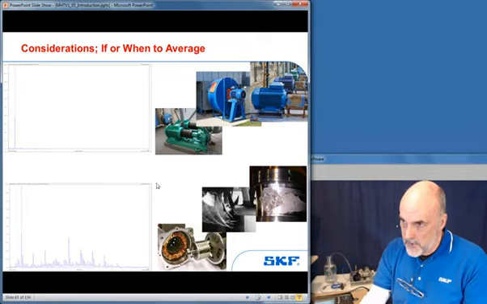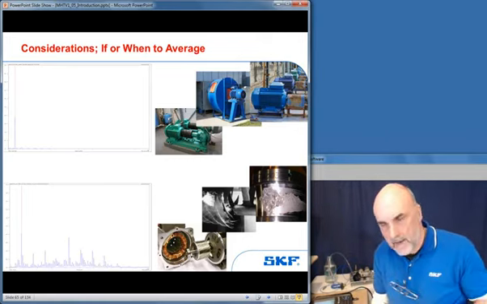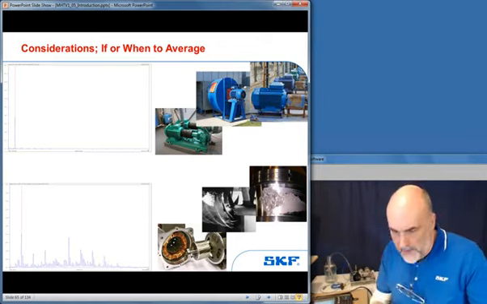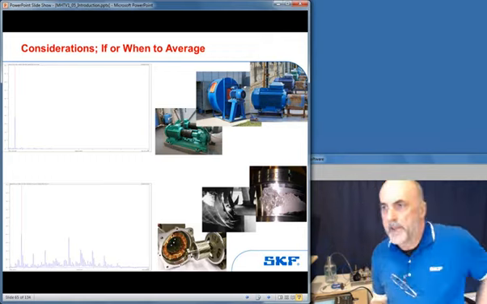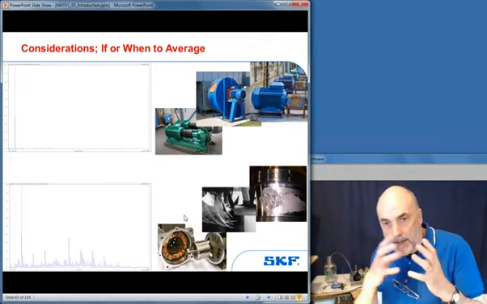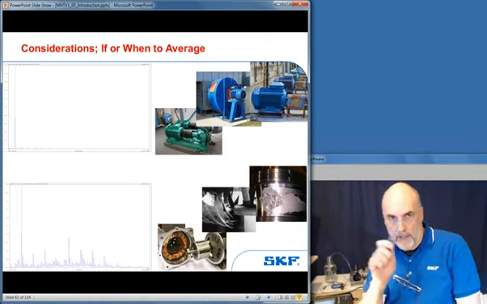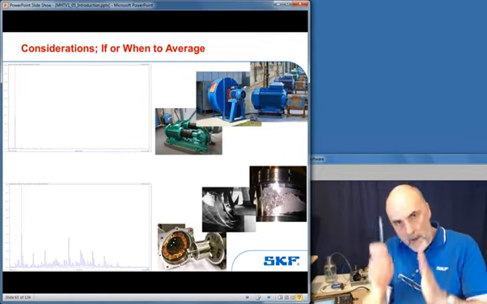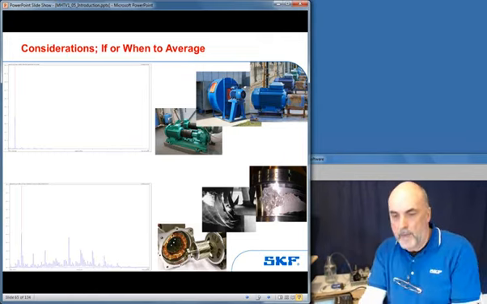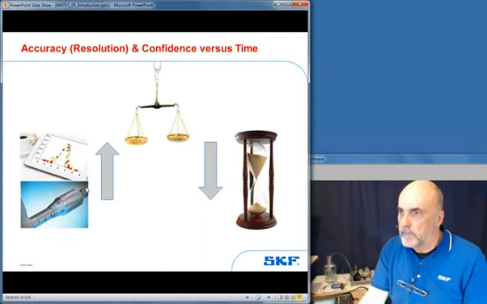So there are some machines that inherently generate a varying signal, and we're going to have some examples of that. We'll look at cavitation, we'll look at beat frequencies. There are some machines that generate a random, chaotic type of signal, witnessed by the needle moving backwards and forwards, and by the peaks in your spectrum moving up and down. On that occasion, it might be necessary to think about dialing in some averaging.